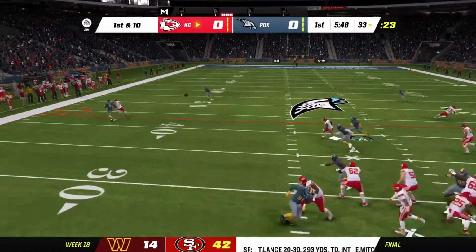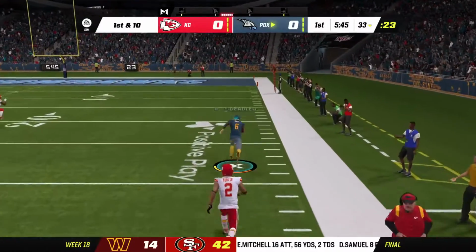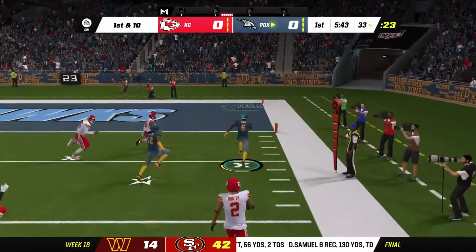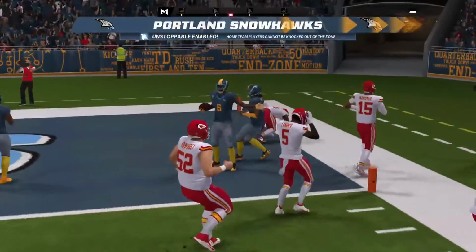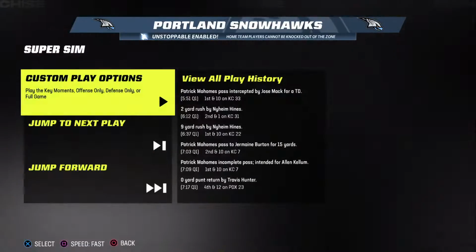Throwing now is Mahomes. And he fires one that's intercepted. And he will take this one home. It's a touchdown. Well, for the offense, it looked like...